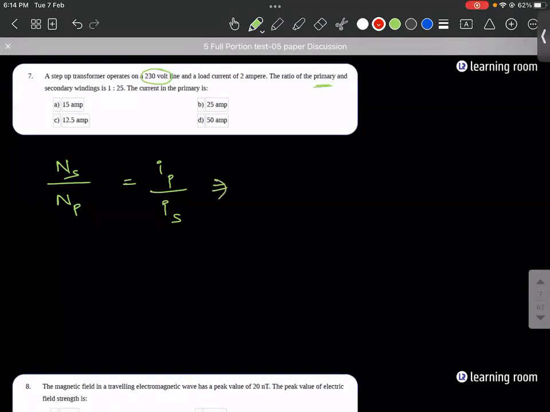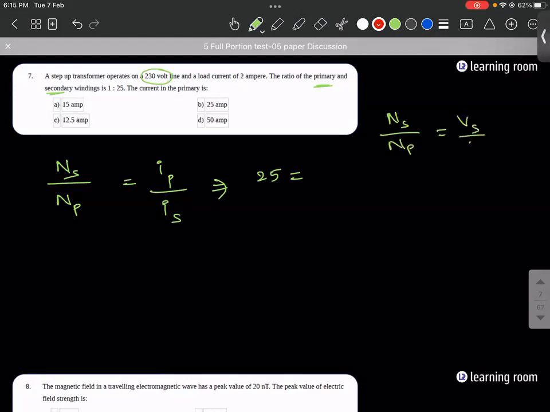So the number of primary to secondary windings is 1:25, so this will be 25. So 25 is equal to, Ns divided by Np is equal to Vs divided by Vp. So 230